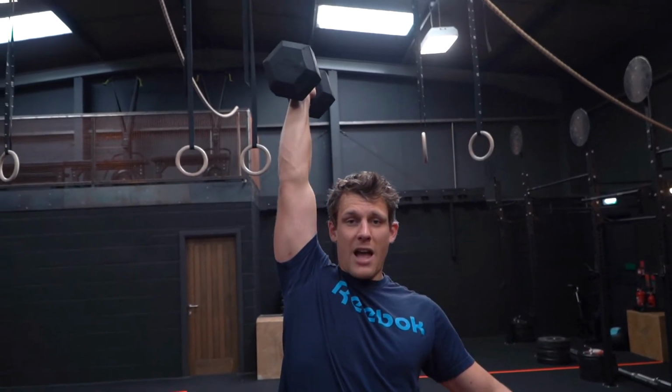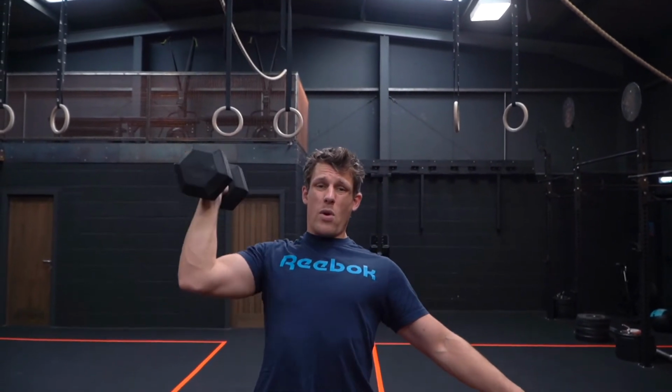Whereas if I close it down a little bit and then press, I can still do most of the motions. So there's no excuse for not being able to train stuff, even when it's a little bit sore, if it's safe to do so. Those are the 3 exercises, but the crucial thing is get a band,